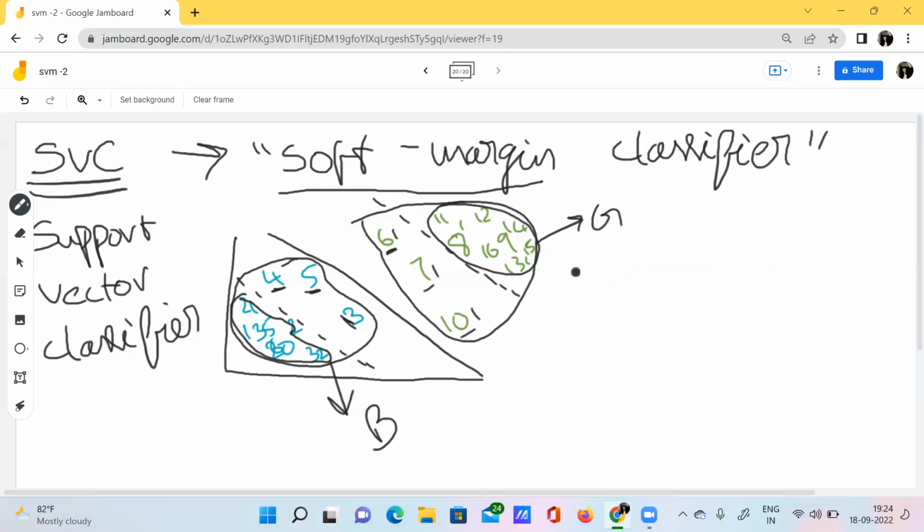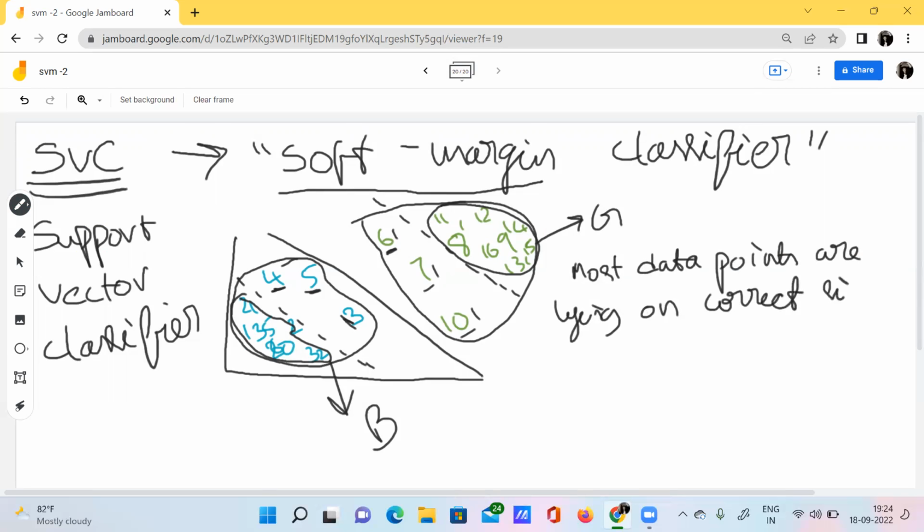So the entire conclusion for this classifier is that most data points are lying on the correct side of the margin.